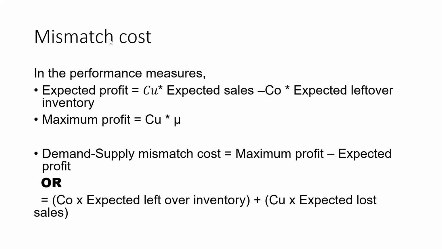Okay, let's do capacity, reactive capacity and mismatch cost. So in the performance measures, the expected profit is equal to CU times expected sales minus CO times the expected leftover inventory. And the maximum profit is CU times mu. Don't mess up with the